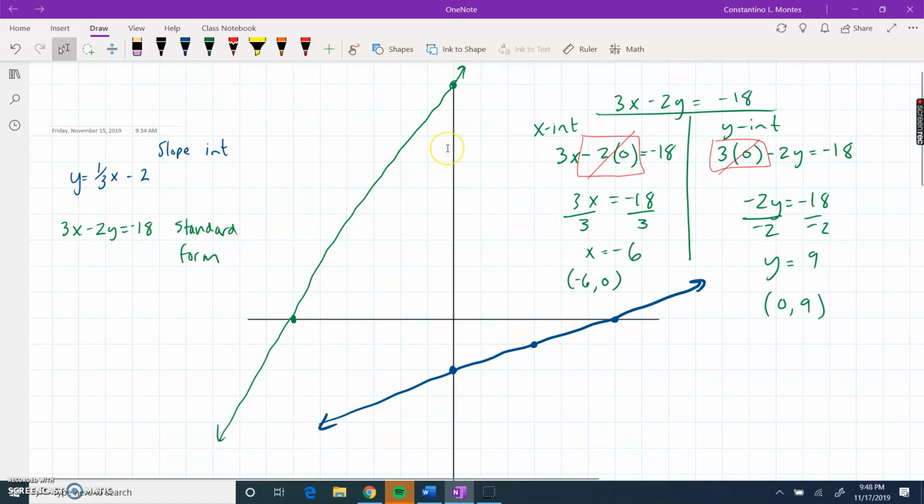It's a little curved. You guys will have rulers tomorrow to make sure that those are straight lines. Notice that I didn't just connect the 2 points. I drew a line with an arrow all the way through. So that's how you graph lines that are in slope-intercept, and that's how you graph lines that are in standard